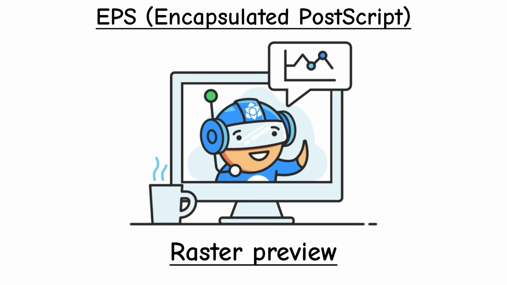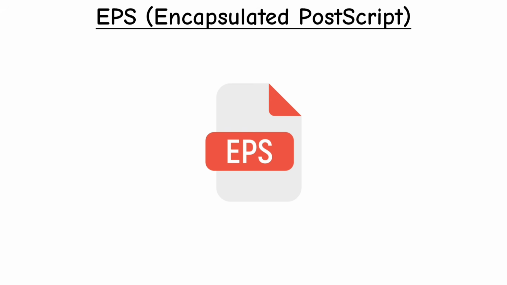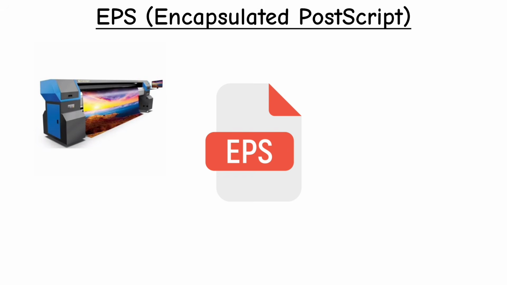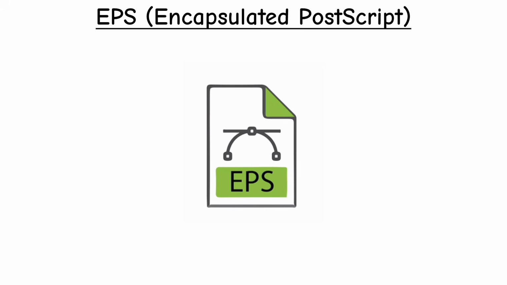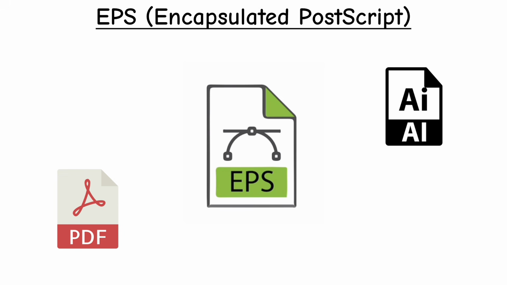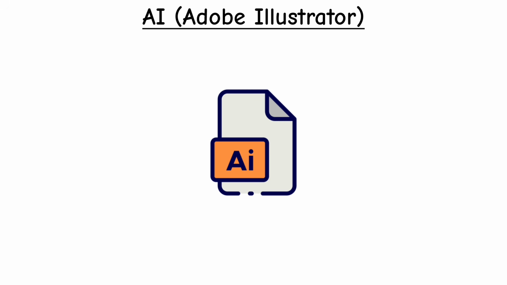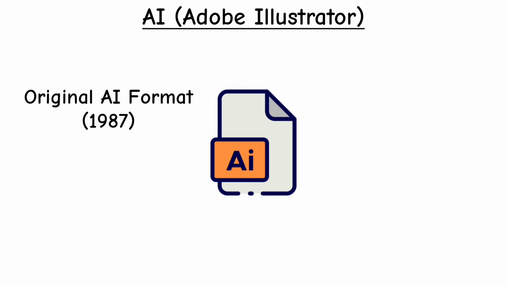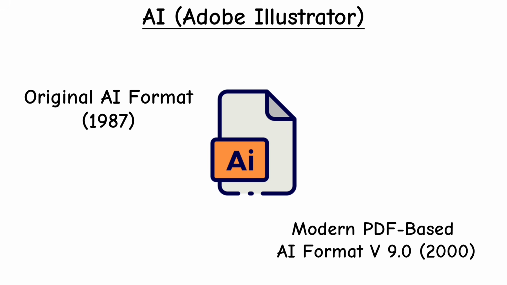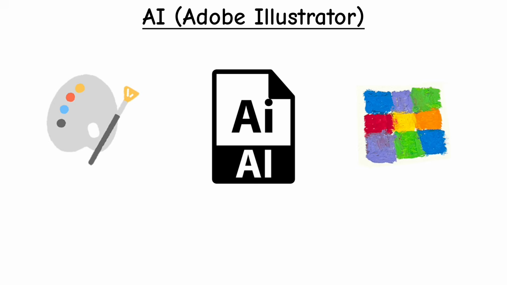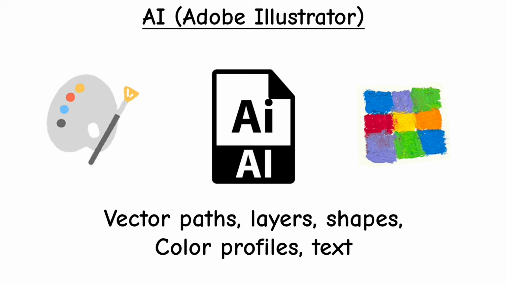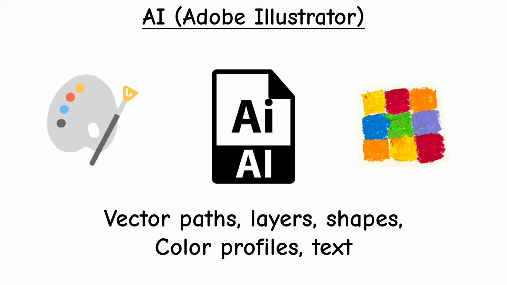Because of this flexibility, EPS quickly became the standard for professional printing and for exchanging graphics between different software in the late 80s and 90s. But in modern workflows, PDF and AI files have largely taken over since they support more advanced features. AI, which stands for Adobe Illustrator Artwork, was introduced in 1987 as the native file format for Adobe Illustrator. An AI file contains all the editable information a designer needs, including vector paths, layers, shapes, color profiles, and